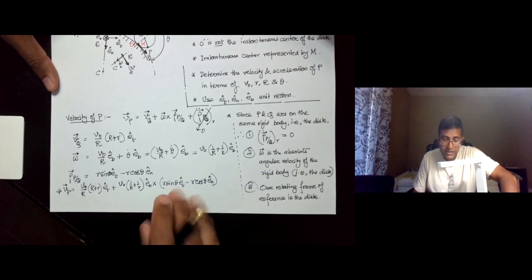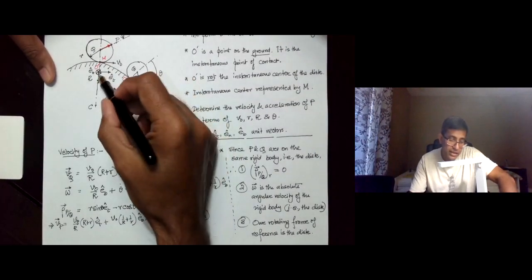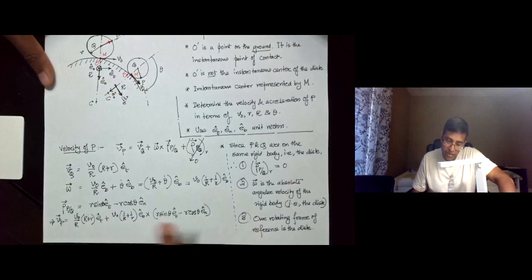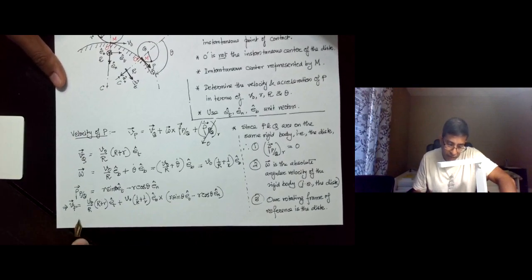If we do the cross products, we see that EB cross ET is going to be the EN direction. So we will have